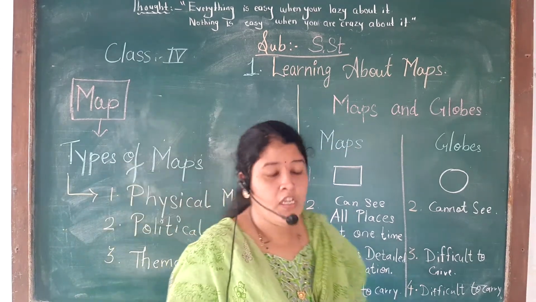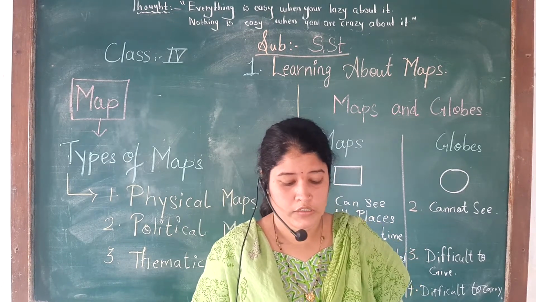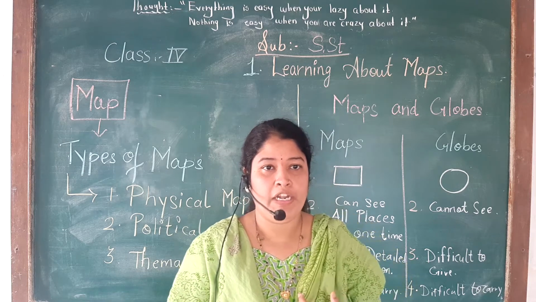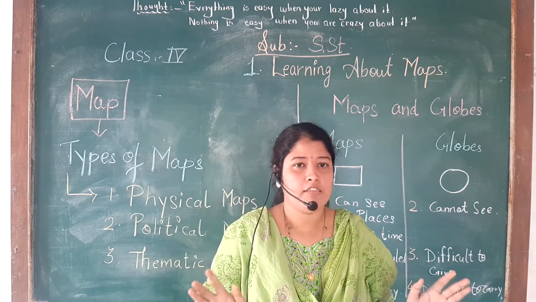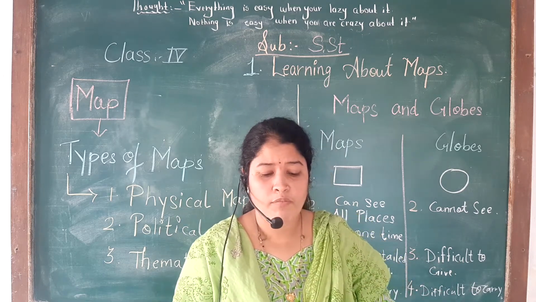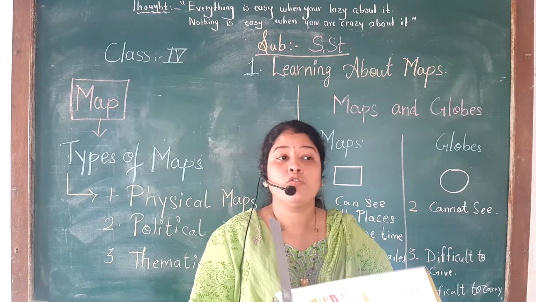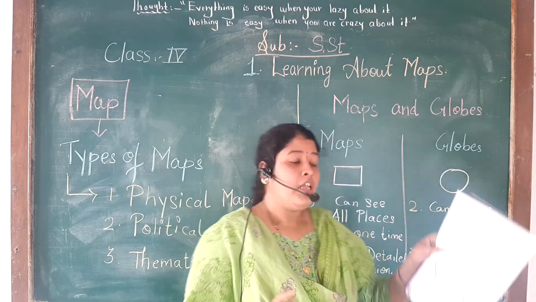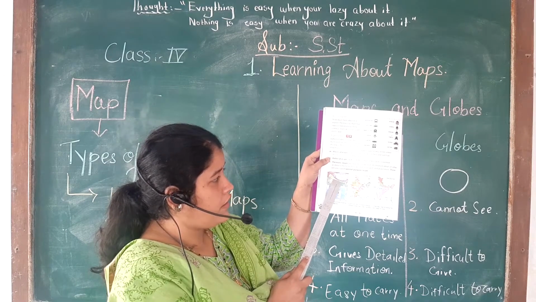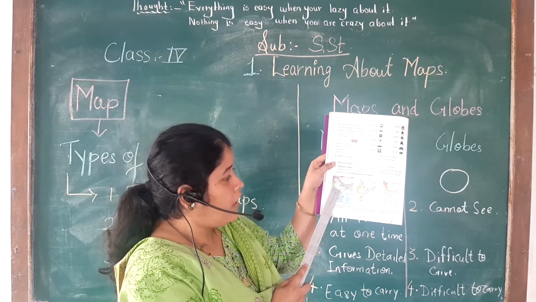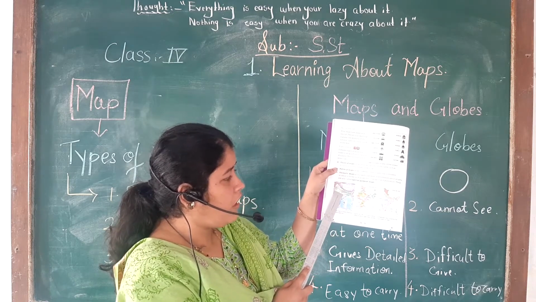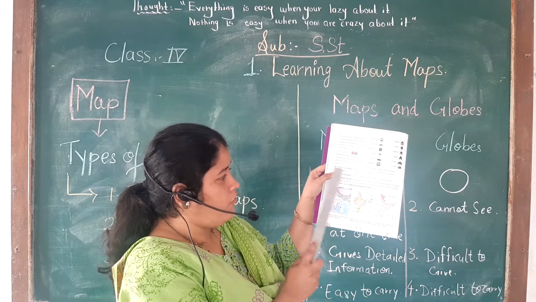Now you all know the physical features of the earth. I have given you one video also on it, like mountains, plateaus, deserts, plains. These are different physical features, yes or no? Yes. Now, on one map, how many things can we show? So to show these physical features, a physical map is provided. See here, brown color shows mountains. Yellow color shows desert. Physical features like these shown on a single map is called a physical map.